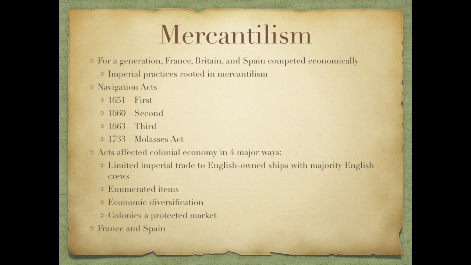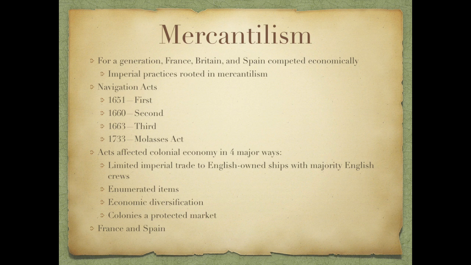The third way that it affected the American colonies was that it encouraged a certain amount of economic diversification. Parliament used the tax revenues to pay bounties to producers of things like silk, iron, dyes, hemp, lumber, and imposed protective tariffs on imports of these things from other countries so that those industries were able to grow within a sort of protective bubble in the American colonies. They couldn't compete effectively with British manufacturers on things like clothing, but they could produce a lot for their own local consumption.